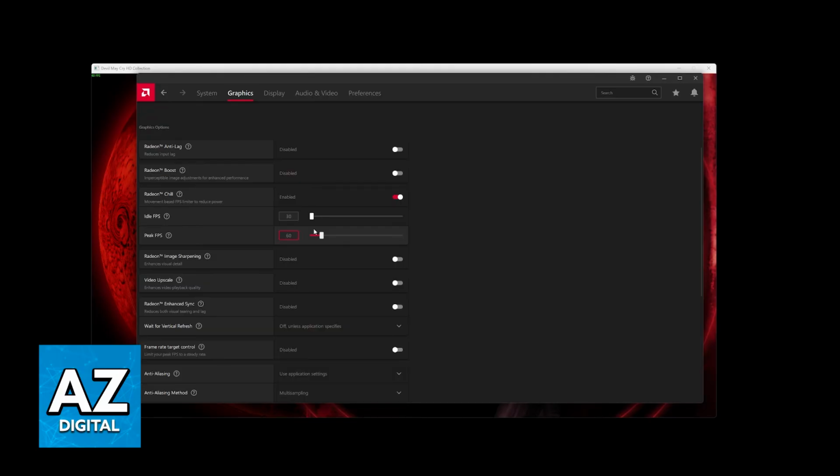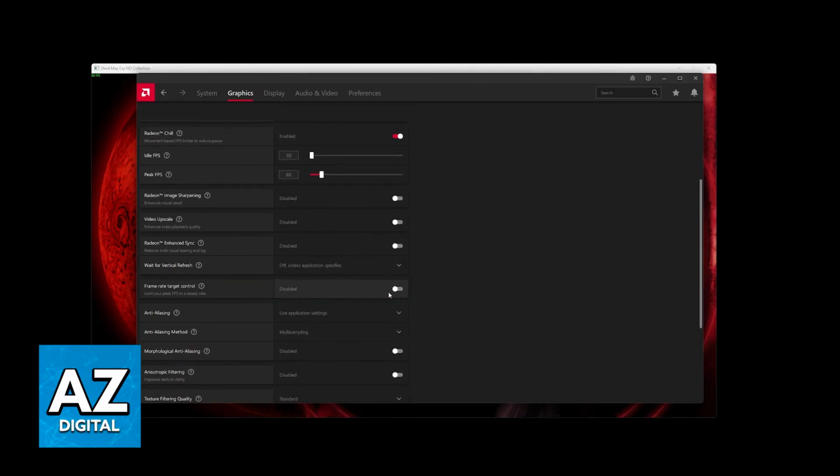If you have NVIDIA, you will find the option called Max Frame Rate and you can set it up there to 60. And of course, you should enable VSync as well. As I've said before, if you have the option to do this for only DMC, you should select only that game because maybe you don't want the setting interfering with other games.